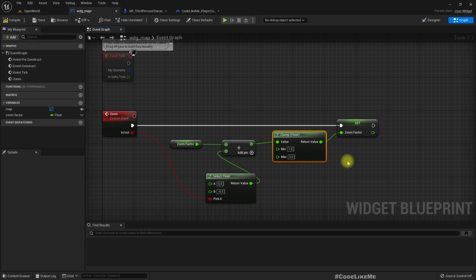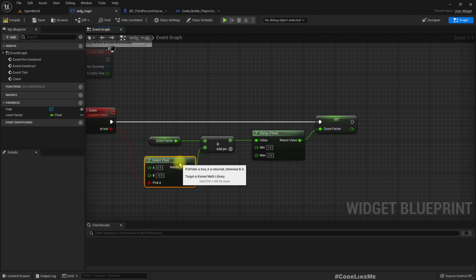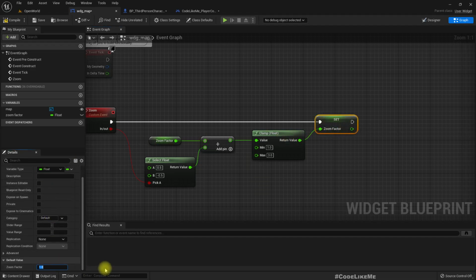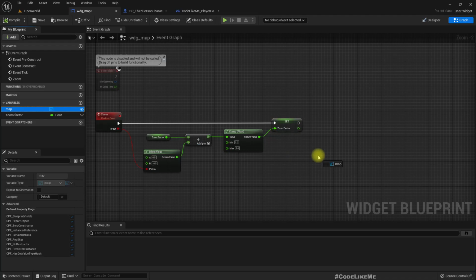Okay, maybe 3 is too much. 2, no, 3 is fine. We can adjust them later on if this seems inappropriate. And then one more thing, we need to set the default value of this one to 1, and then get the map,